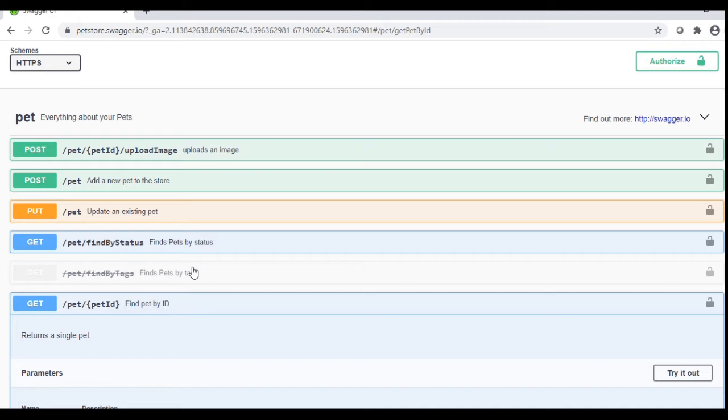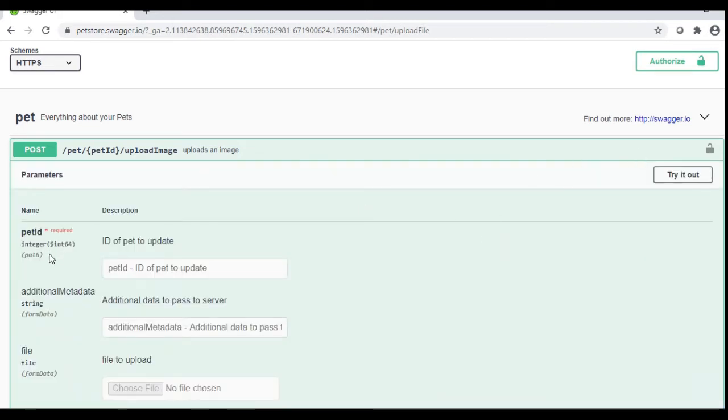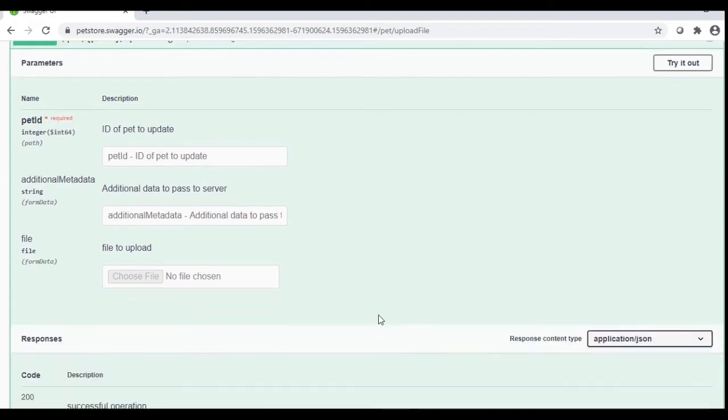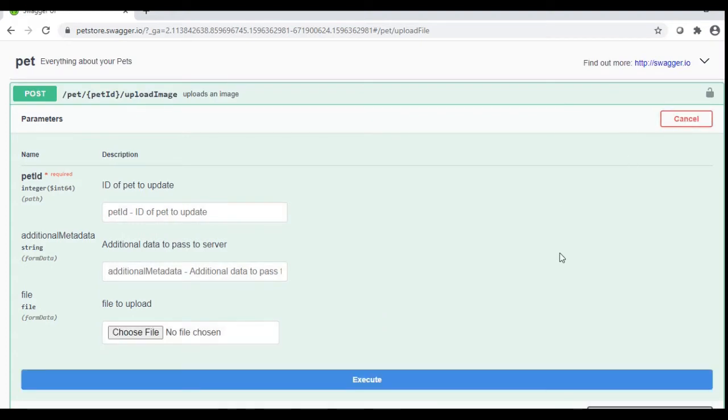In a similar way, in Swagger also, the format of all the requests is specified: what will be the request, what will be the response, what will be the parameters which we use for that request or response. So this is the format that they have given. If I click on try it, this is for postpaid.